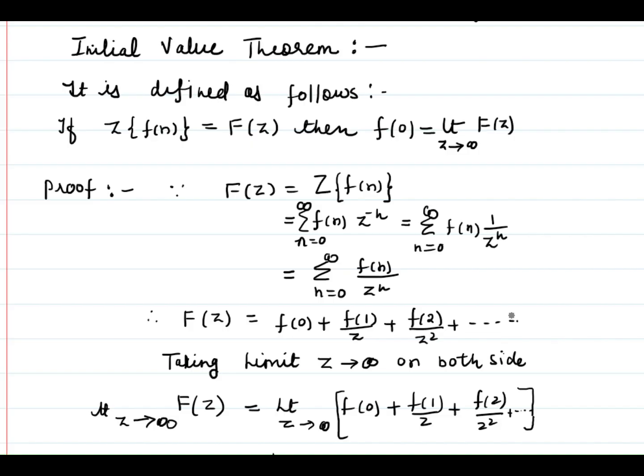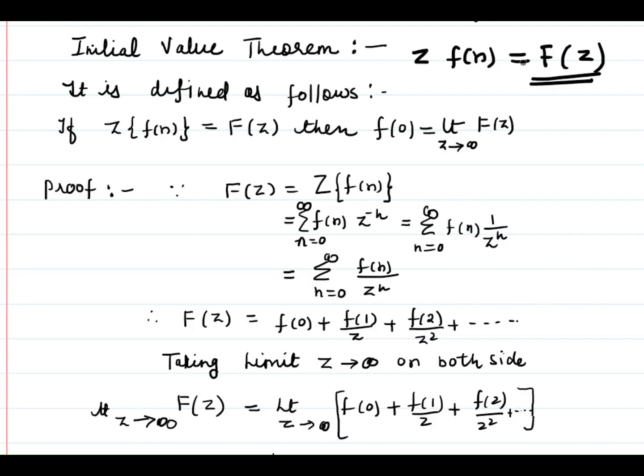So for the initial value theorem, we have to see the formula of the z transform first. So what is z transform? We know the z transform of the function we write as f of z. Always if we are taking the z transform of any function, this is written as a function of z, because always we get the function of z, like in the previous question. Similarly here you will get function of z.